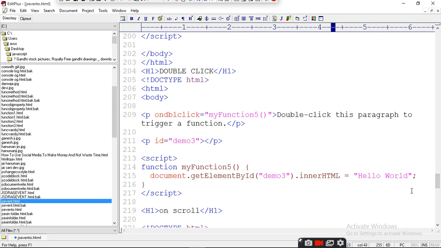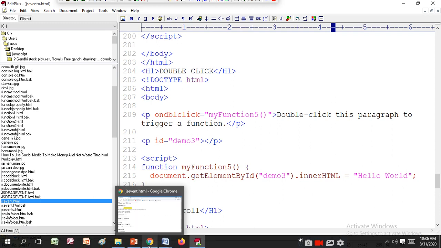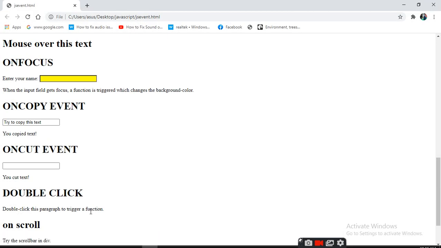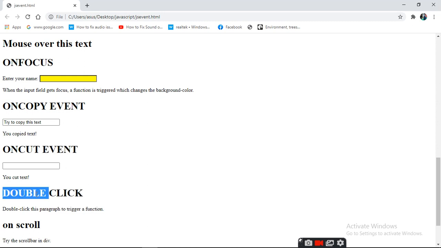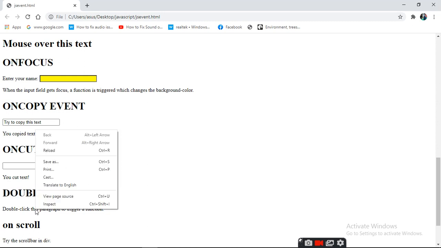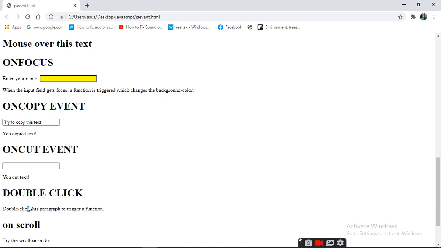Hello world आना चाहिए double click पे. Maybe I'm not clicking properly. Let's see how it will do.